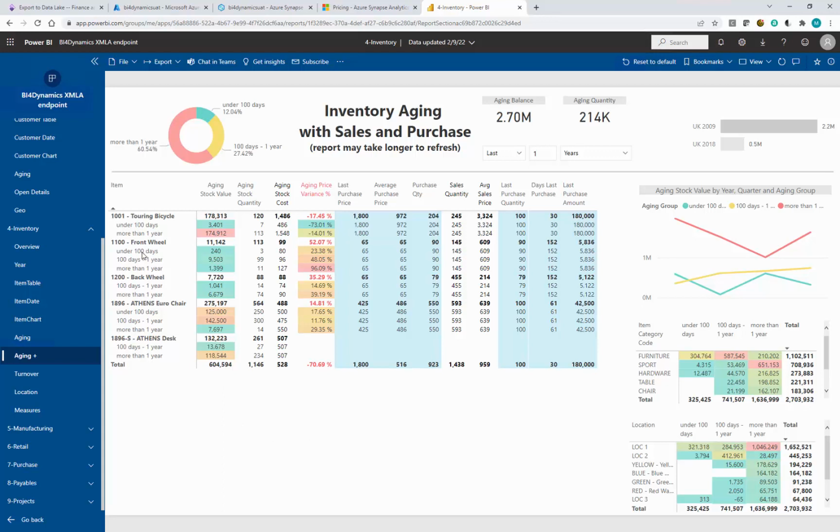So what we have is the aging buckets for an item, where aging buckets are here. A few items, 3 items are under 100 days, which is fine. 99 items are not moving 100 days to a year, and 11 more than a year. And if you look into the aging stock value,